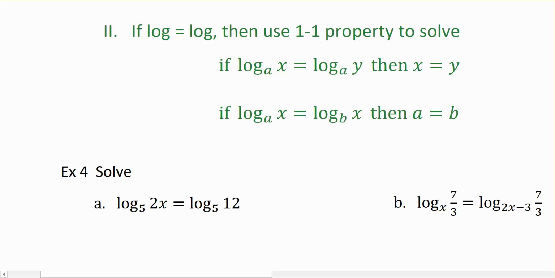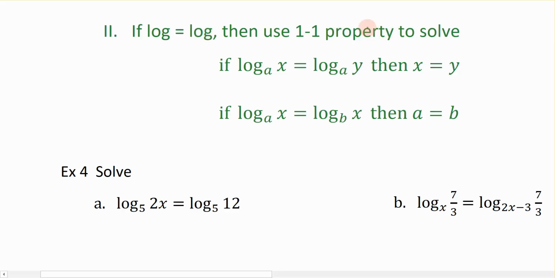So we're continuing to talk about how to solve a logarithmic equation, and this is the second guideline I like to follow. If I have a log on both sides of the equal sign, then I can use a one-to-one property to solve. So if I have a log on the left and a log on the right, then I use this